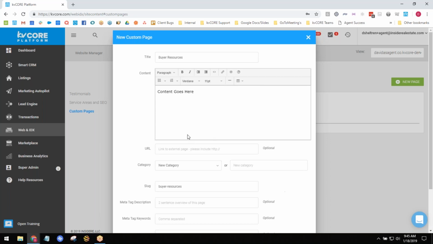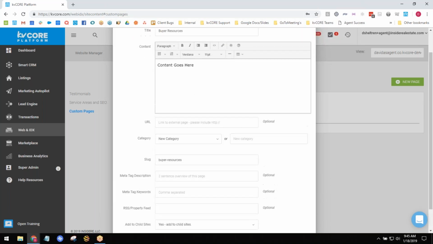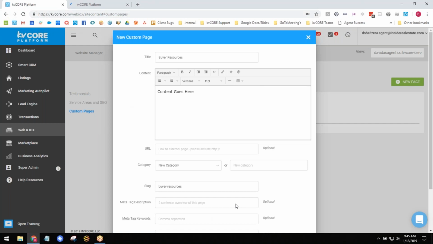And then from here, we're going to go down, and this is a requirement here for category. This just means that within your resource page of your website, let me duplicate this. I'm going to show that to you here in a second. Actually, I'm not going to name this that.